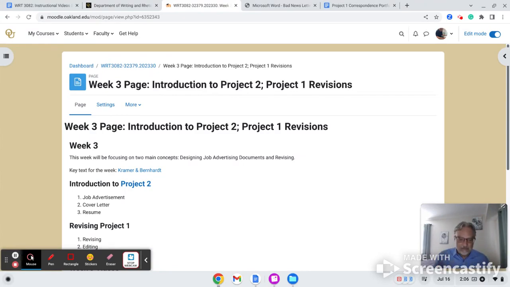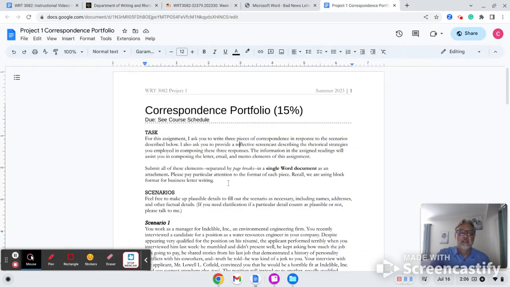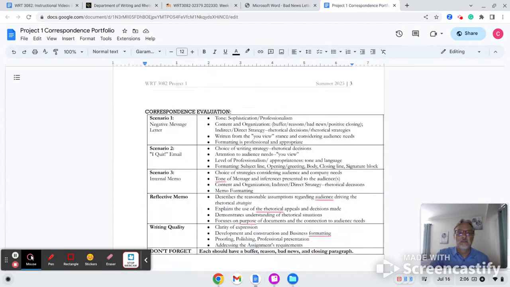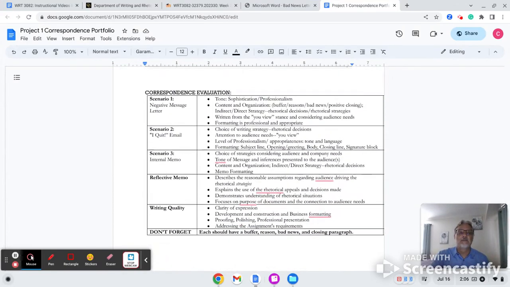So, more than anything, let's go look at the Project One description. In case you haven't looked all the way down, the evaluation here. Just look at some of these scenarios.